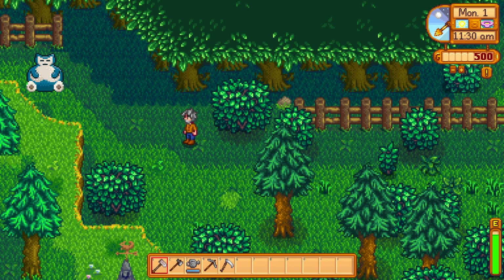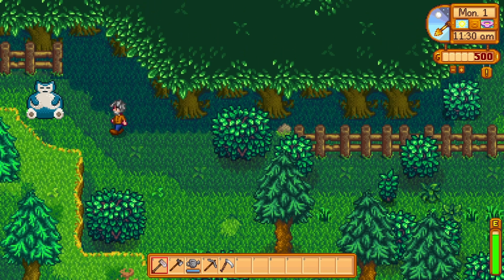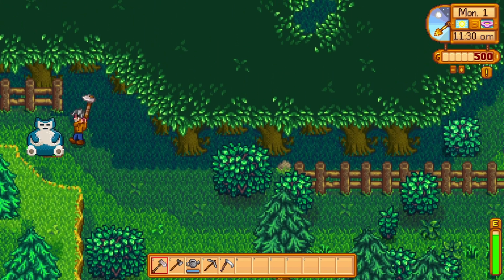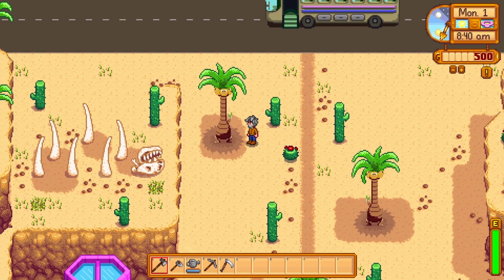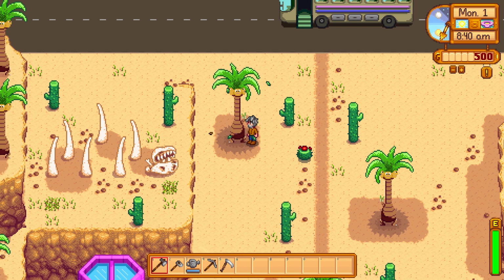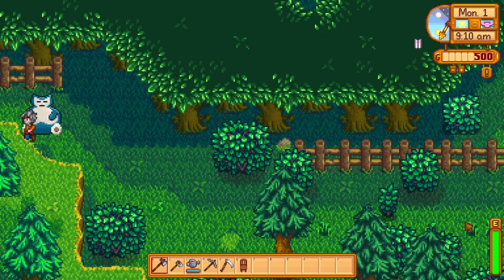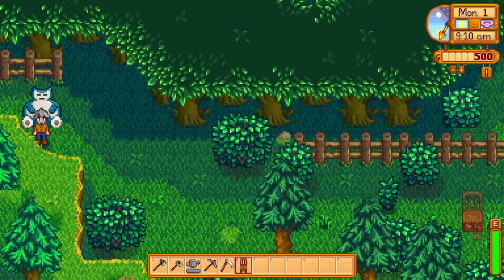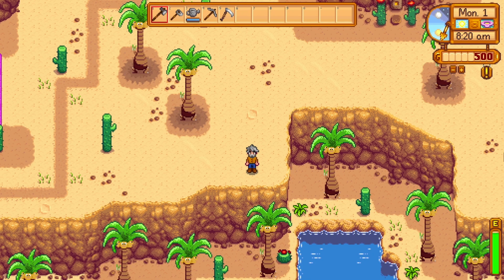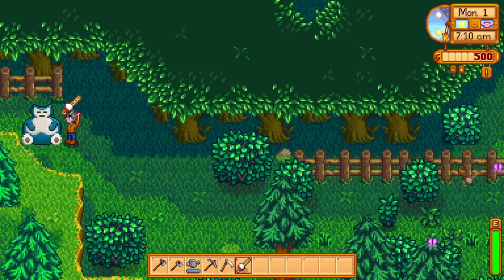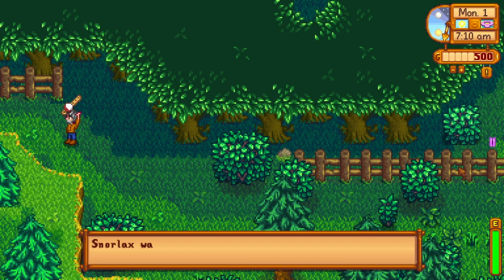So in an effort to protect the player from being traumatized, notwithstanding Mr. Pam, I would need to prevent the player from using their axe on Snorlax. And I know I just said I made the palm trees Executors, but chopping them would be a decision made by the player. If they want access to the secret woods, they wouldn't really have another legitimate choice to get around Snorlax. If you know, you know. Plus, I made a mod option in the config menu about whether or not to allow the chopping of Pokemon trees. I'm getting sidetracked. The point is, to make it so that Snorlax leaves when the player uses the Pokeflute,